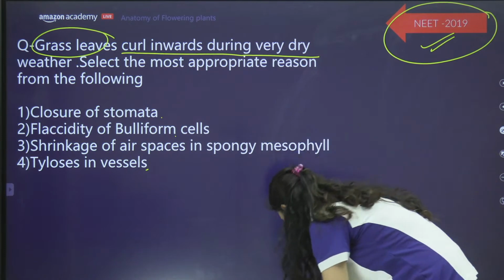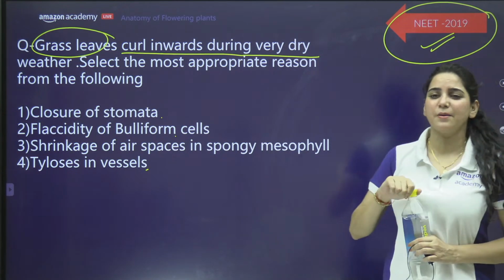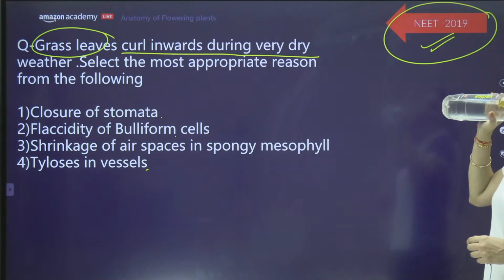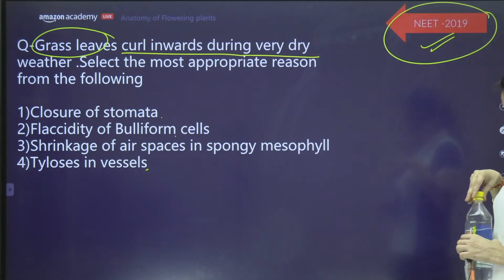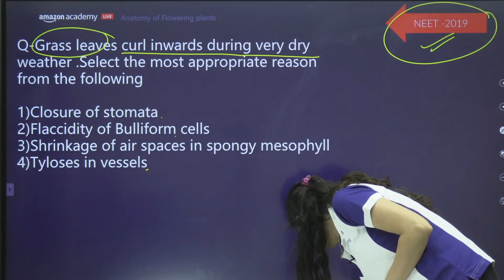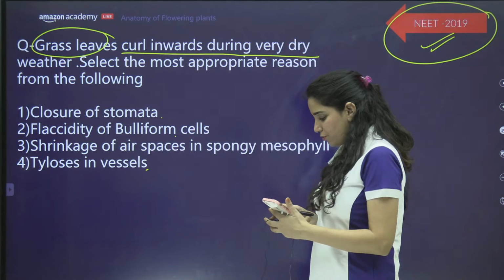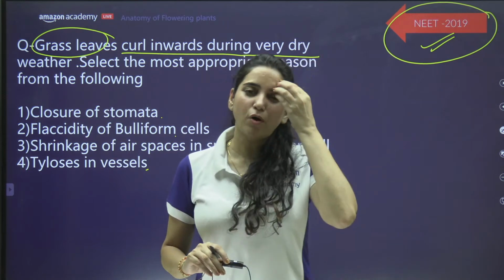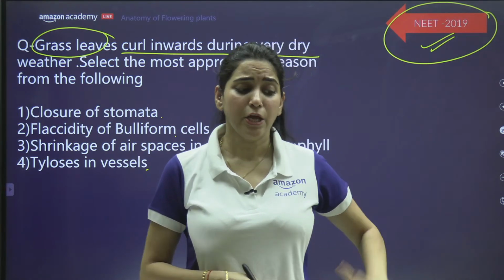Yes, some of the students might have come across bulliform cells. Bulliform cells के बारे में कुछ बच्चे जानते हैं। Does anybody have an idea about that? Laxity of bulliform cells. So I will tell you what are bulliform cells. पहले हमको ये पता होना चाहिए कि बुलिफॉर्म सेल्स कौन सी सेल्स होती है और इनका रोल क्या होता है। तो बुलिफॉर्म सेल्स are basically present in grasses। ग्रासेस में बुलिफॉर्म सेल्स देखने को मिलती है।